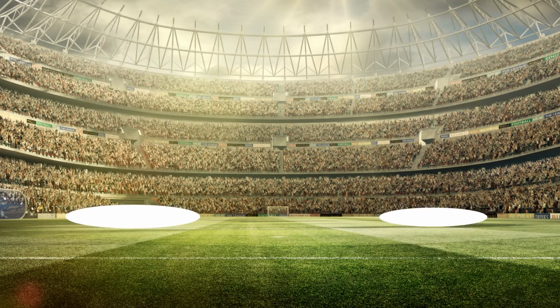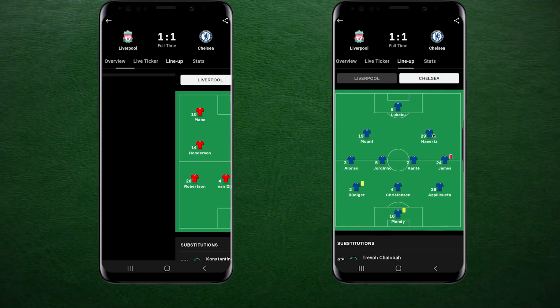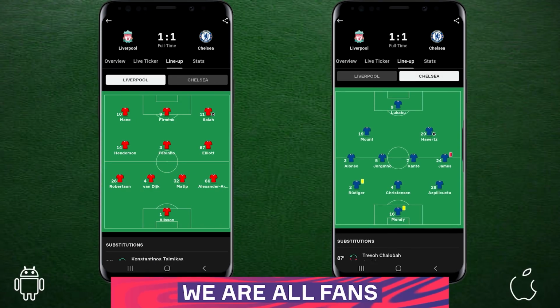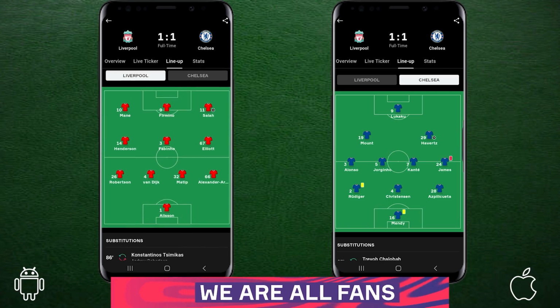Let's take a look. And this is how both teams lined up. Klopp sticking to his trusty 4-3-3 and Tuchel to his 5-2-3, as you can see courtesy of our wonderful video